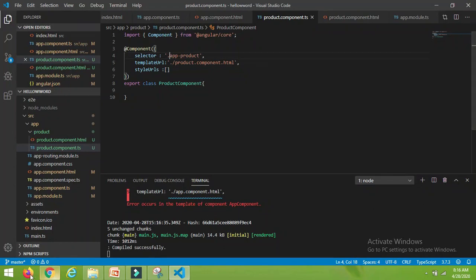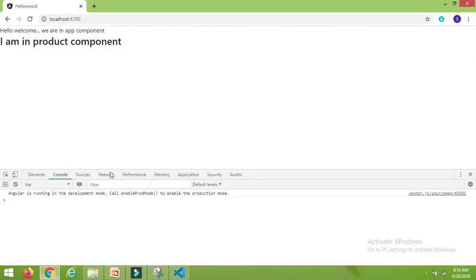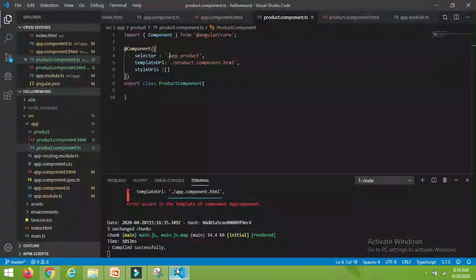So let's check the UI. Yes, now we got the output. That means it is working fine. First we created the custom tag, and second we used it as a class selector. Now the third one is the attribute.